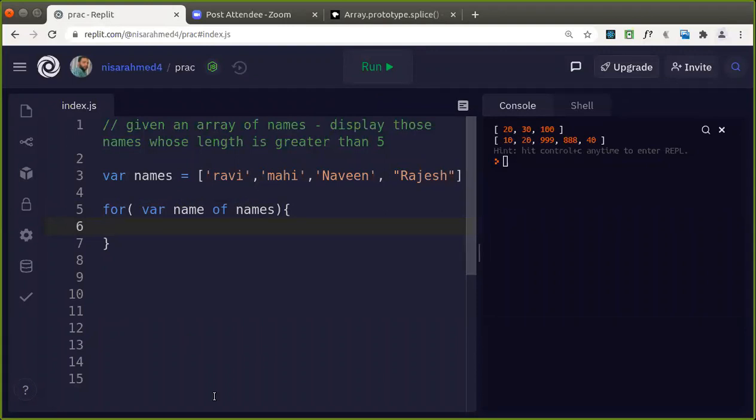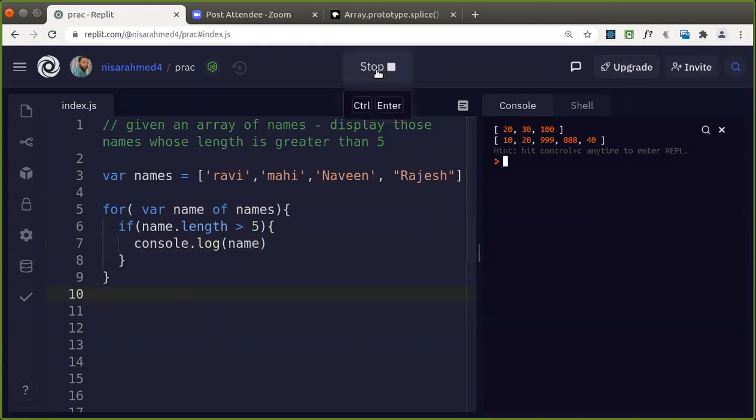How can we get that? name.length, name is a string, so we have a length property that counts the number of characters. If we have number of characters greater than 5, then we are going to display that, console.log name. So that way we got Naveen and Rajesh.